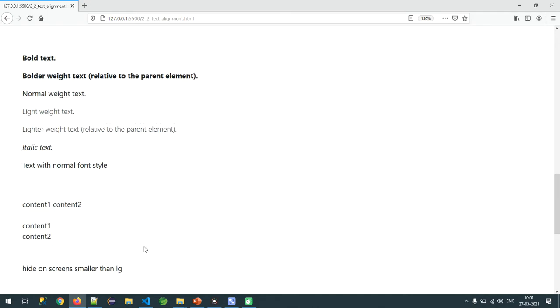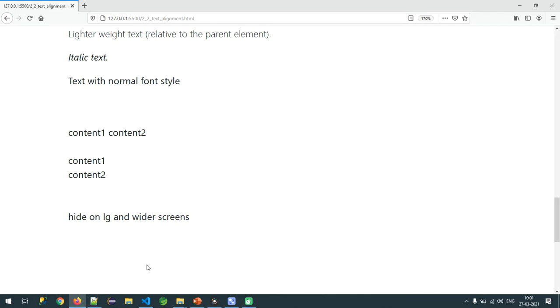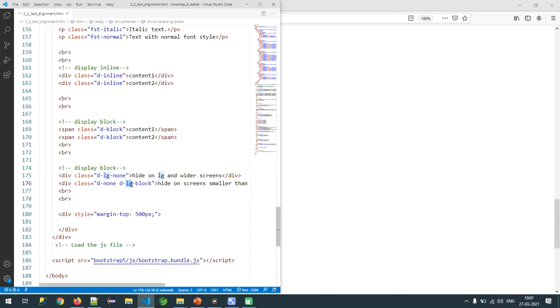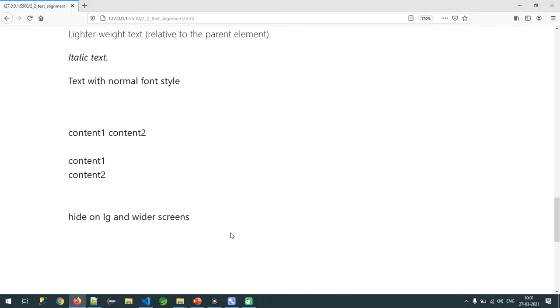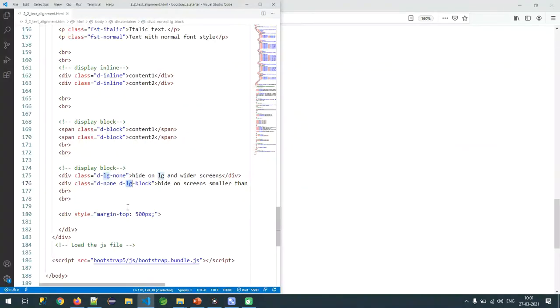So concentrate here. Right now, if I zoom further, what is the configuration, sir? Only display for larger devices, not for medium or small devices. So see, automatically it is hiding. Why is it hiding? Because right now it is not a larger device.